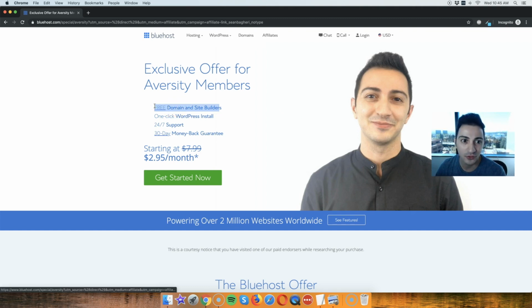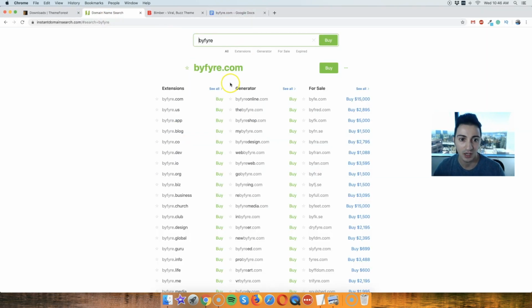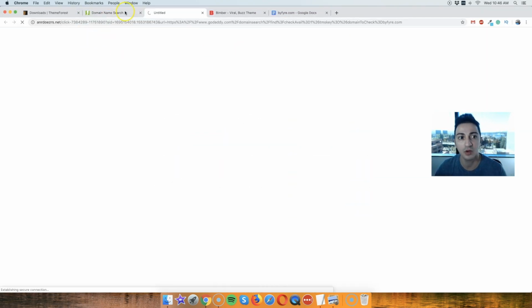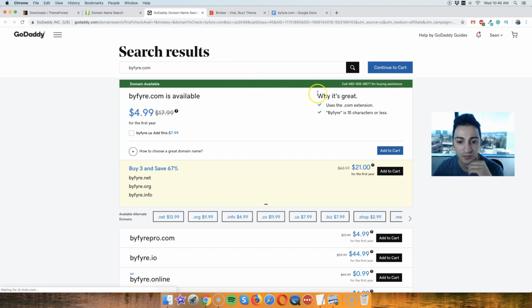If you don't have a GoDaddy account, it's fine, you can get your first domain for free. But if you already have accounts like hosting accounts and domains, you can get it through GoDaddy. That's what I do. So I'm going to get the domain from GoDaddy and purchase that as well. Let's go through that and continue.